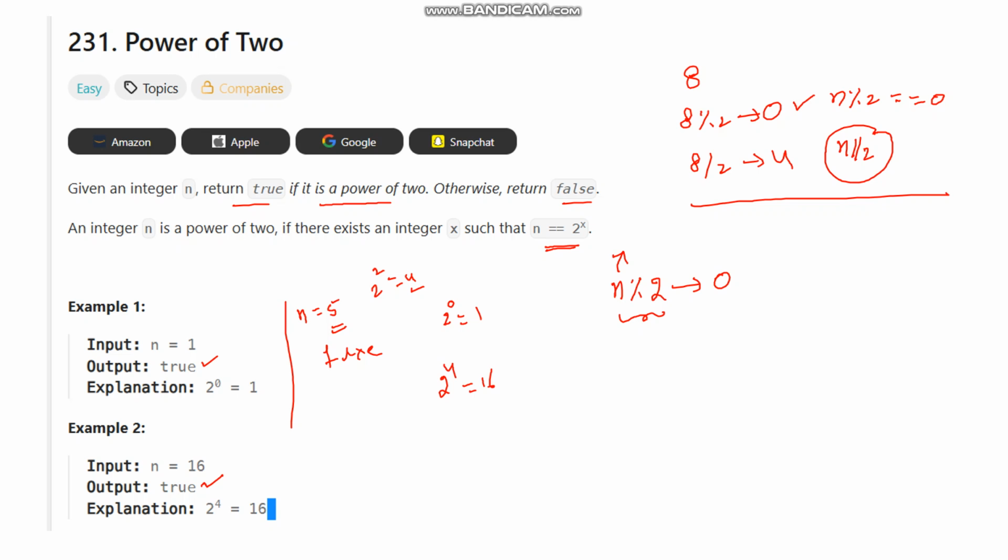Here the n by 2 value is 4. Whenever 4 is also a power of 2, and these conditions are satisfied, then we can say that the number is a power of 2 number. That is, n mod 2 is equal to 0, that is the first condition. And the second condition